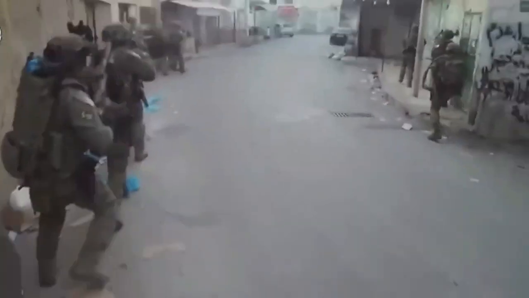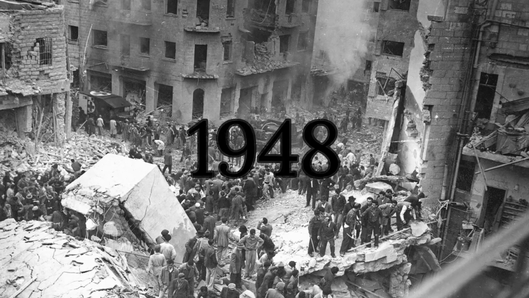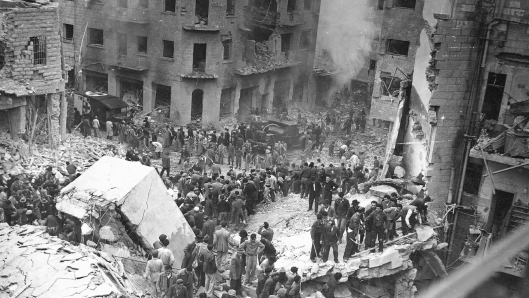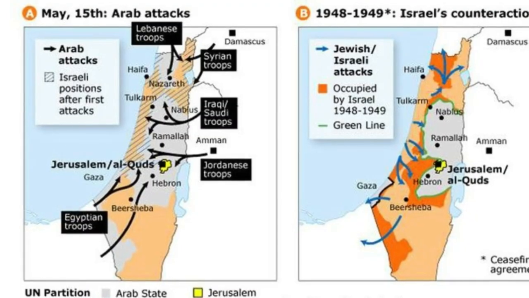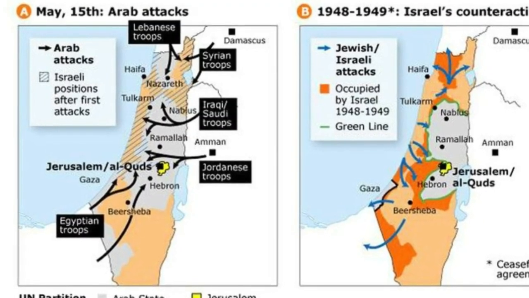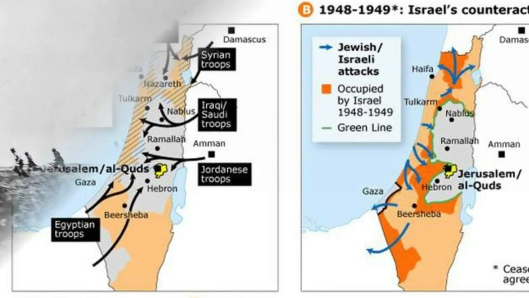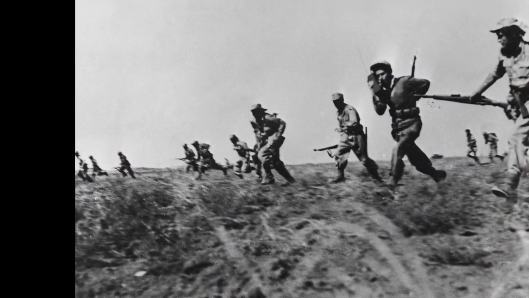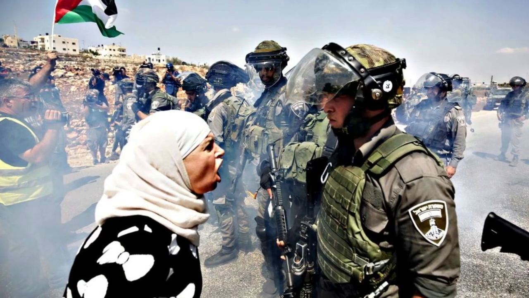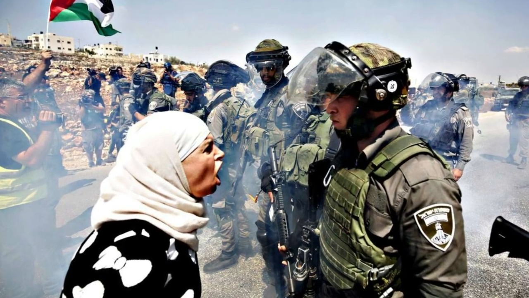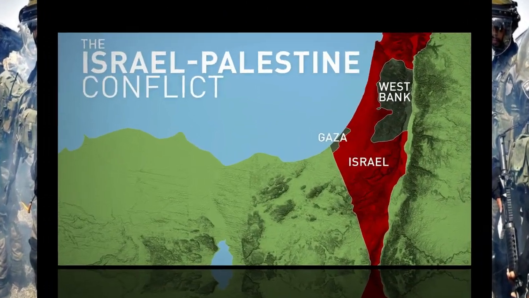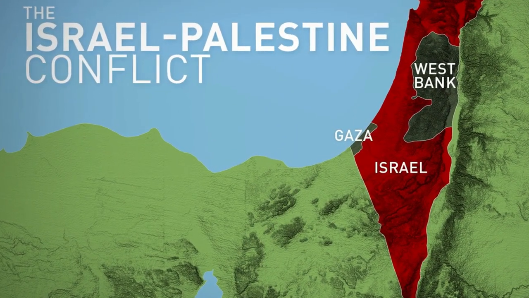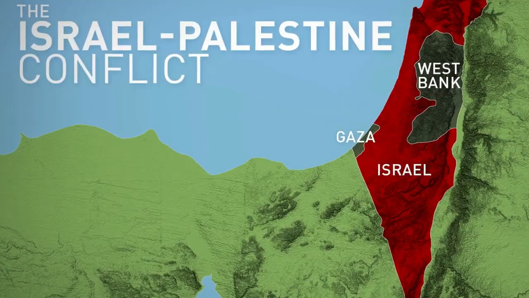Furthermore, the outcomes of the 1948 war fundamentally altered the territorial landscape of the region. Israel ended up controlling a significantly larger portion of land than what had originally been agreed upon by the United Nations. This discrepancy between the UN's partition plan and the actual territorial control after the war became a source of tension and dispute, further deepening the roots of the Israel-Palestine conflict.